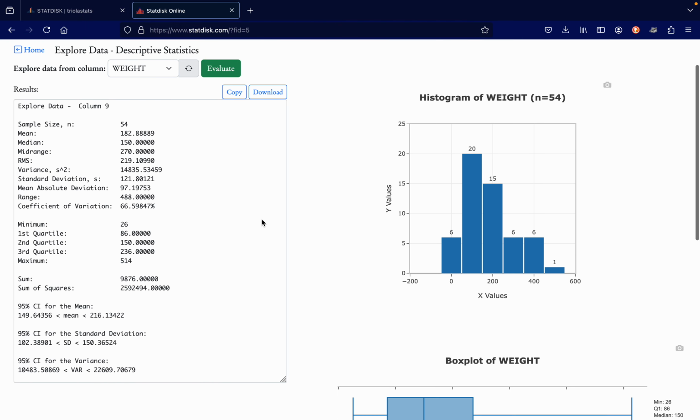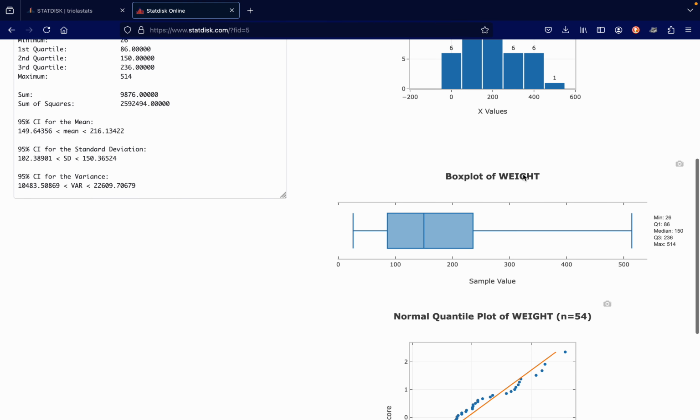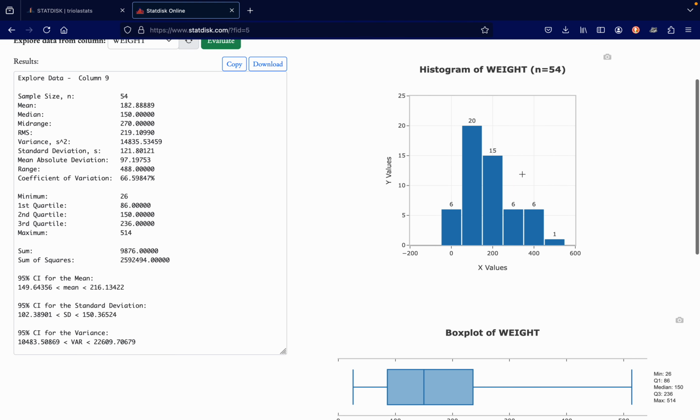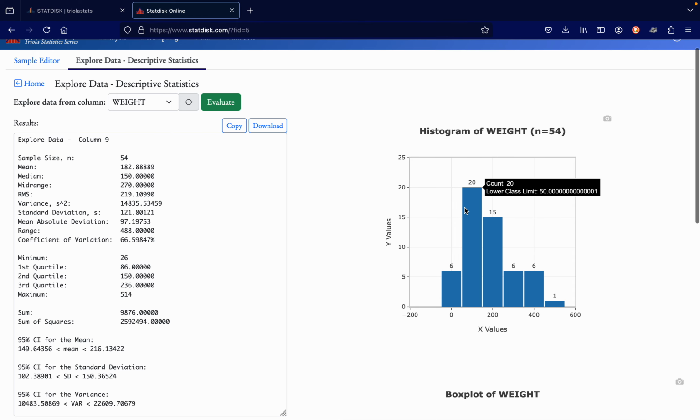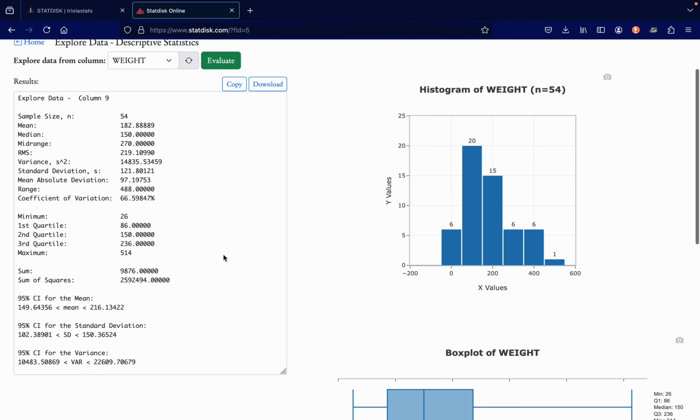And so right here, you can see you get all sorts of descriptive statistics, right? For this part, we can ignore the histogram here, or the box plot, or the normal quantile plot. We'll talk about these things actually pretty soon in chapter 2.